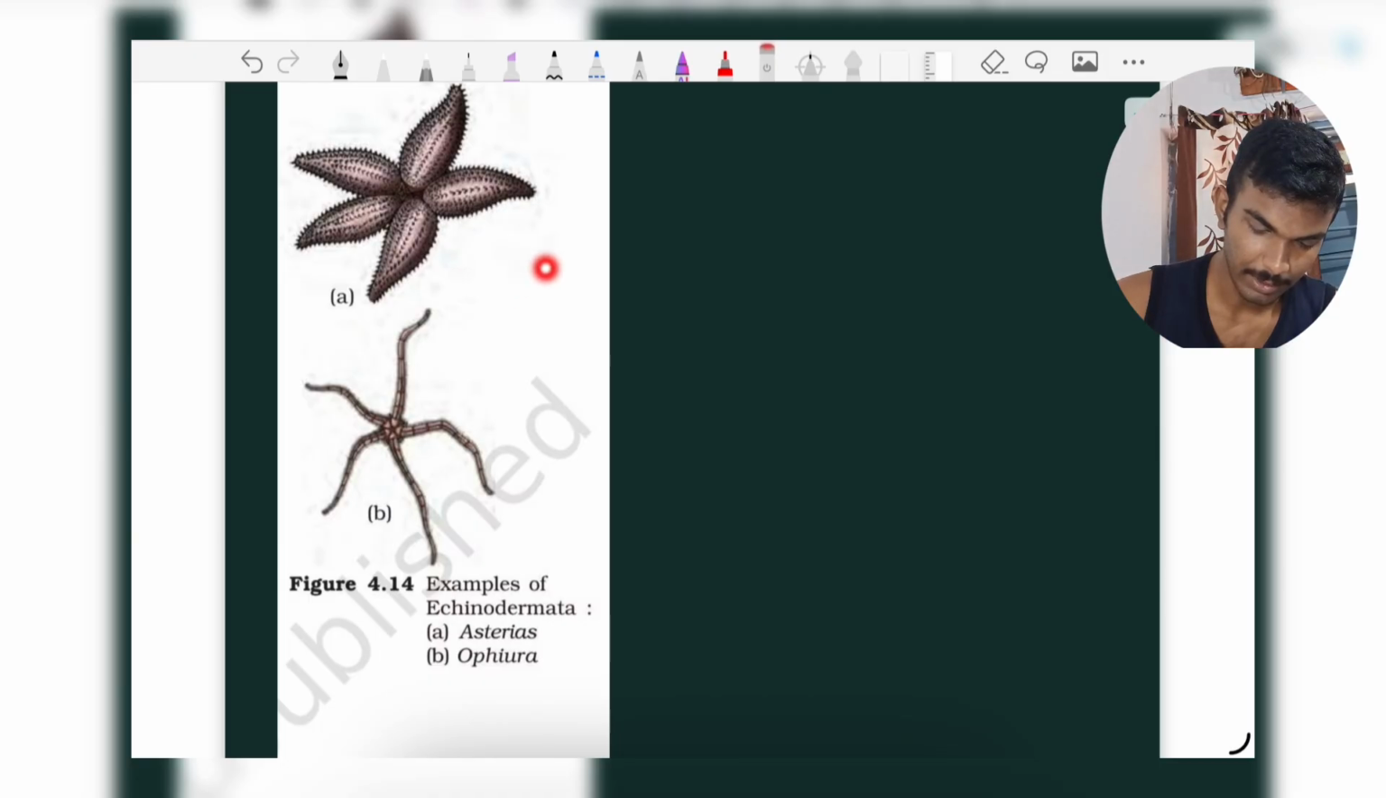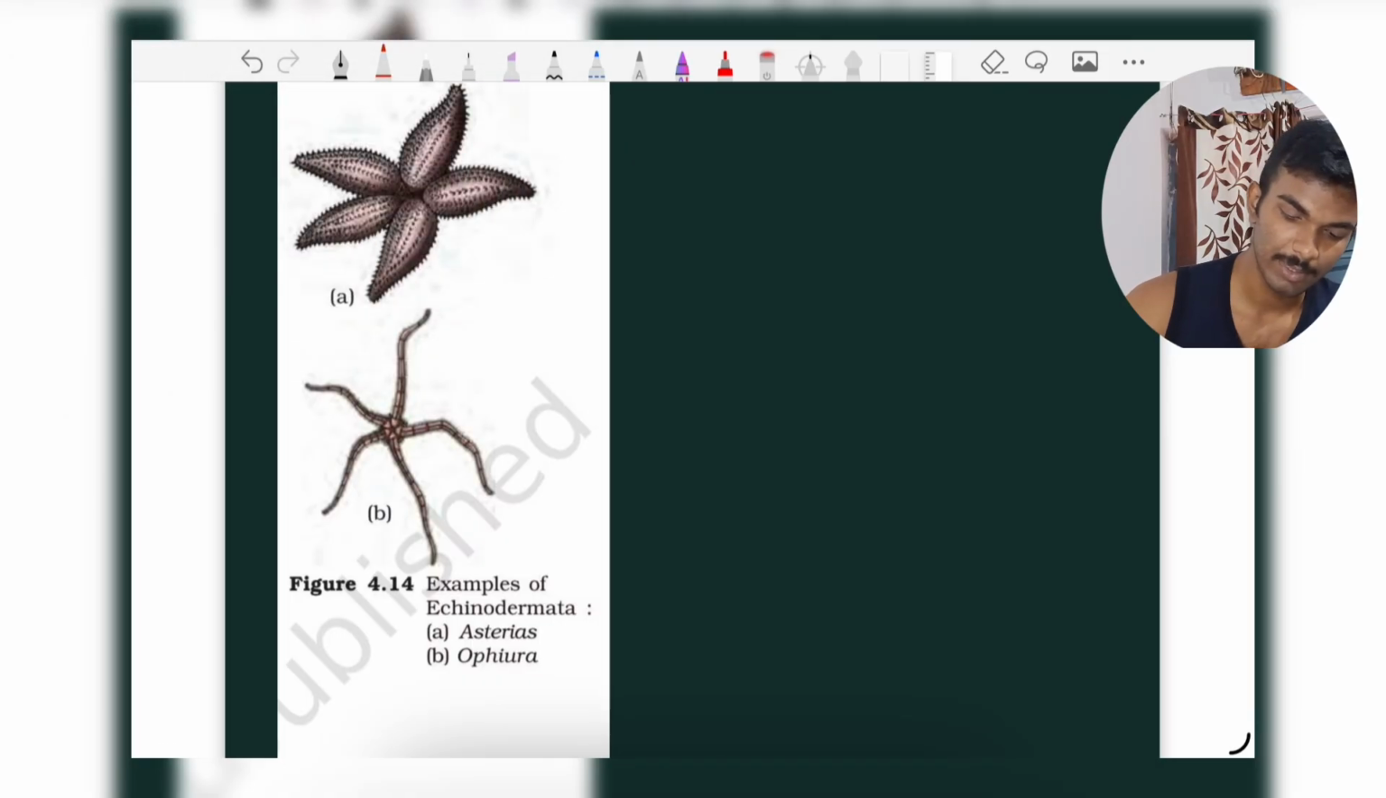Asterias and Ophiura. These are very important. They are frequently asked in the NEET exam. Their examples: